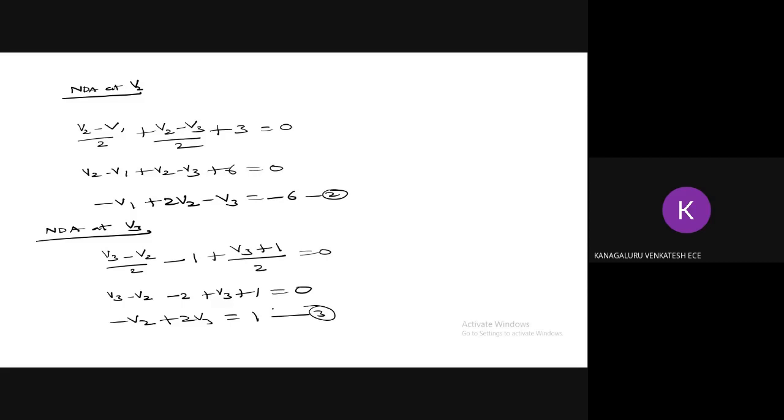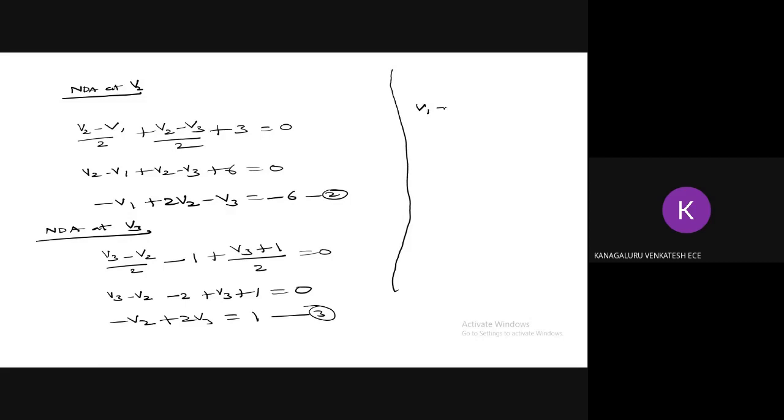Everyone? Simply we identified 3 nodes and then we applied nodal analysis at every node. So finally we end up with 3 equations. Now 3 equations are in our hand, finding 3 unknowns V1, V2, V3. So you can go either with the elimination method, which means eliminate one variable and then find out each one, or you can go with matrices, Cramer's rule. What is that?